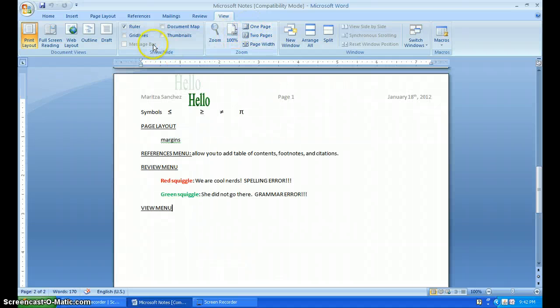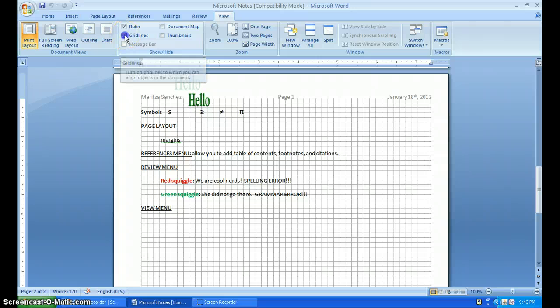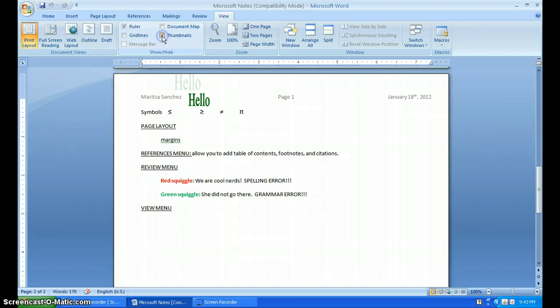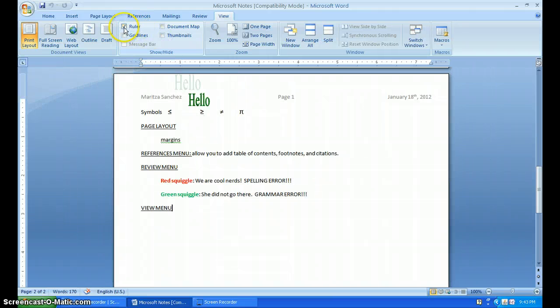And then I'll zoom in again. And then this ruler right here, which I love to always see, you can take it off if you want to by clicking that. You can add grid lines if you want to see everything to make sure it lines up. Thumbnails allows you to see your pages over here, kind of like PowerPoint. As soon as you click it off, it'll come off. But we'll keep it at ruler. So different ways of